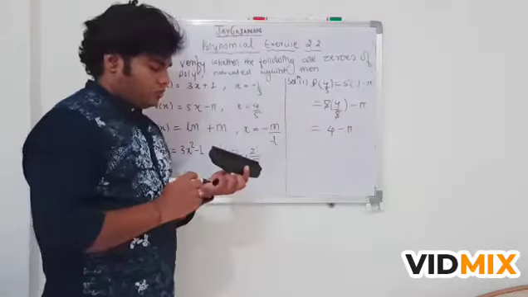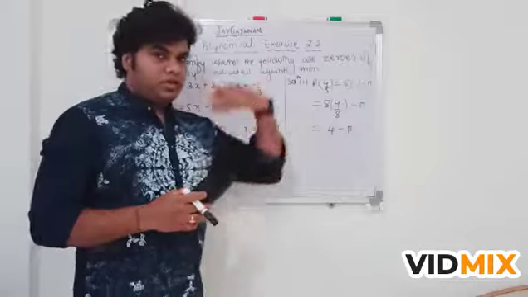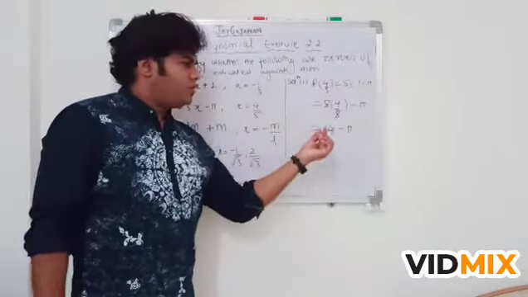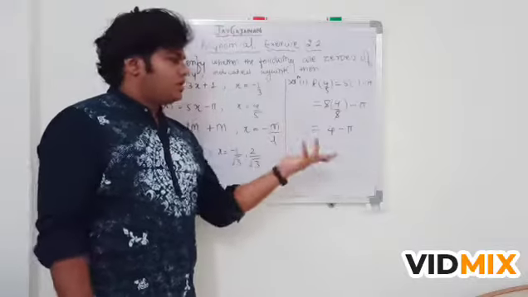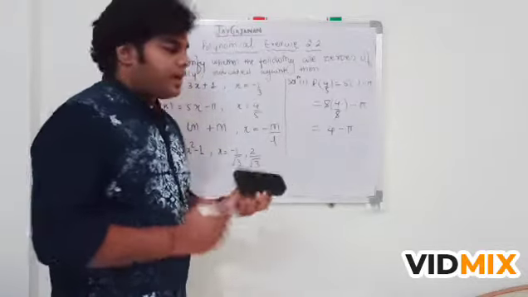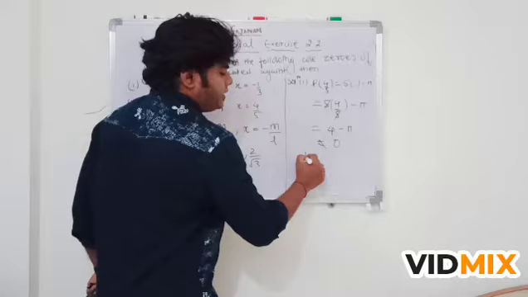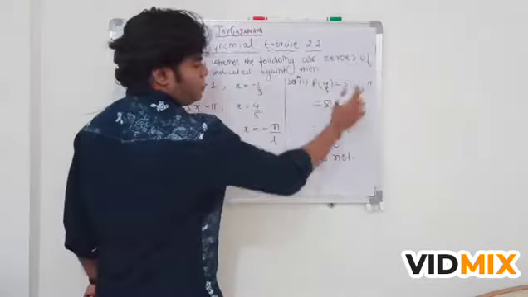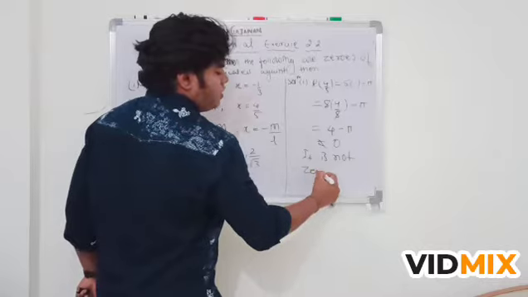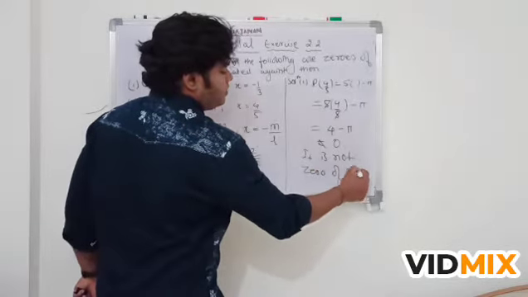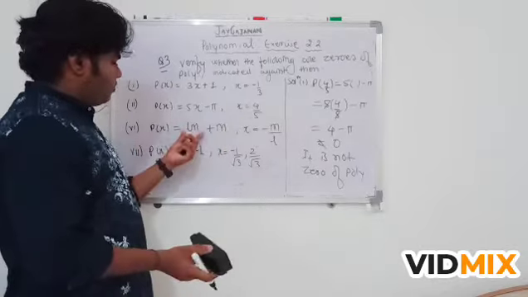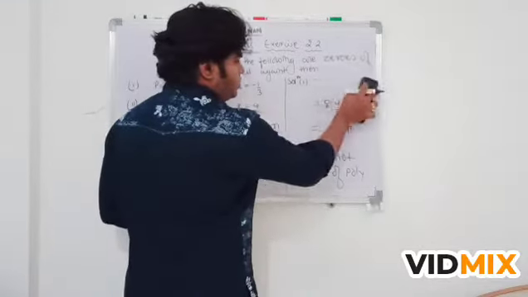Some of the students try to use the other sense and they put up the value here. No need to put up the value. 4 minus pi is not 0. So hence this is not equal to 0. That means it is not, we have to verify, right? So it is not a 0 of polynomial. In this way this is not a 0 of a polynomial. We'll go for the next one. Solution.